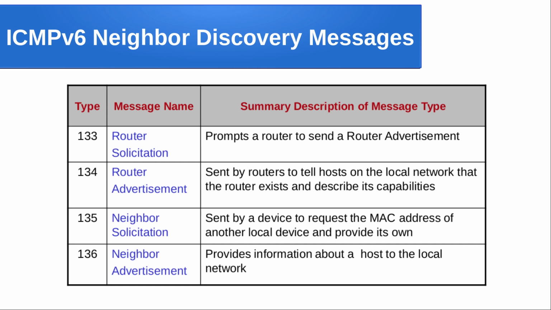But when it comes to IPv6, the same functionality is done by ICMP version 6. The message is sent by a device to request the MAC address of another local device and provide its own, just saying, I want to know your address, MAC address particularly, by giving its IP. So a kind of conversion. The neighbor advertisement is the reply to this solicitation message. If this concept is not clear, when we are discussing ARP it will become clear. So just understand what is done by ARP. The same thing is done in ICMP version 6 by the neighbor solicitation and advertisement messages.